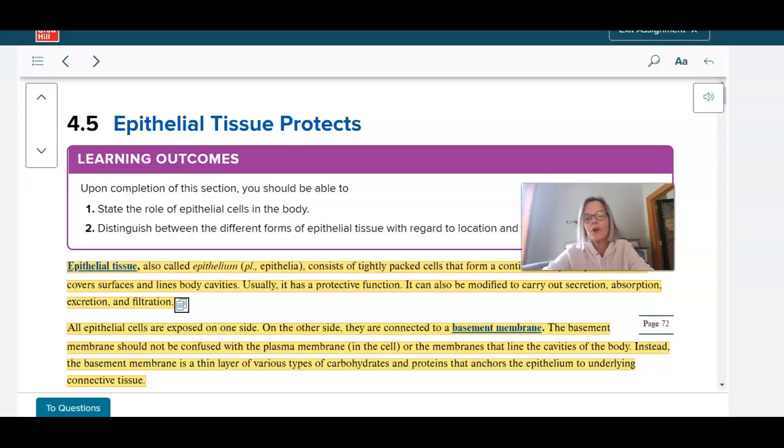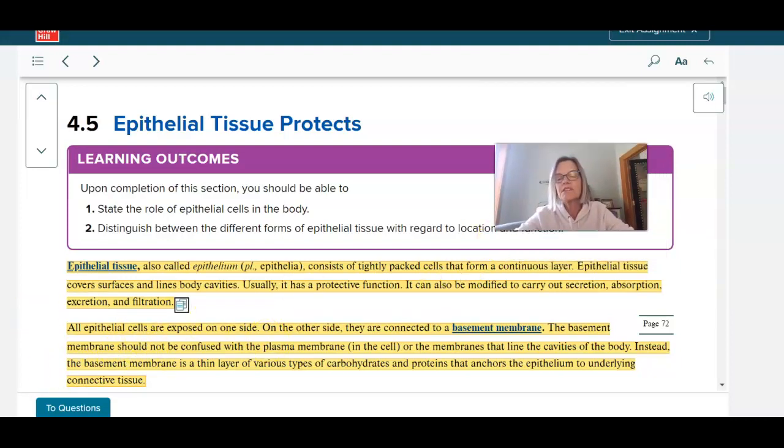Here we are on the fourth of the four tissue types. We've already talked about connective, nervous, muscle, and now we have epithelial tissue. And the title here tells you kind of the bottom line of epithelial tissue. Epithelial tissue protects, and that's because epithelial tissue, or what we would call our epithelium, covers surfaces and protects them